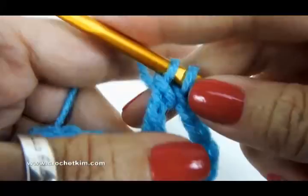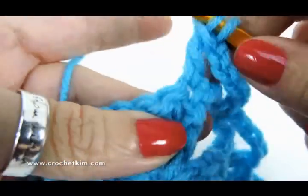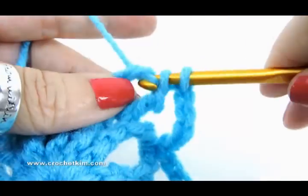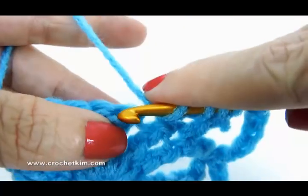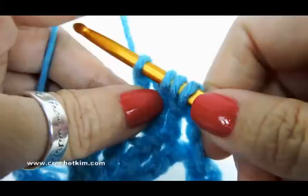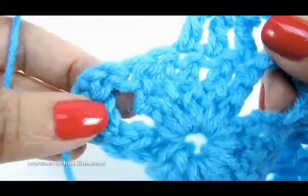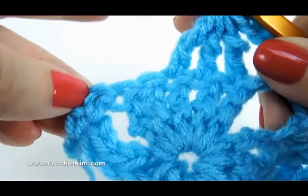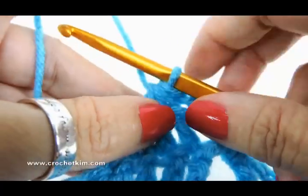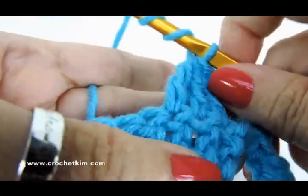That would be one leg of that cluster, and here's 2, and the last one right there. Pull through 4. So now we've got to come down all the way to the single crochet. A treble crochet is not going to do that. We need a double treble. Note that a double treble is